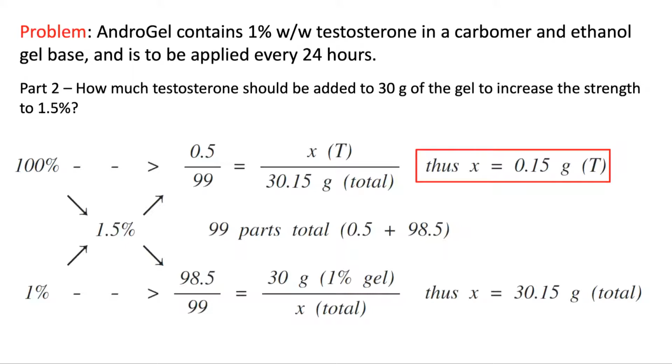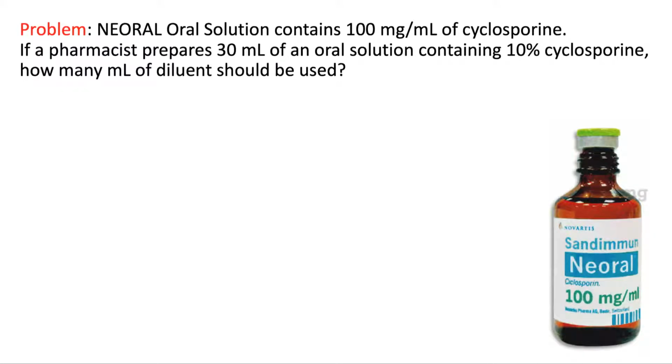Okay, and that answers this question. What we know now is to add 0.15 grams of testosterone to our 30 grams of 1% gel. If we mix that all together, we would end up with 30.15 grams of gel that has a concentration of 1.5%. And that answers this final part to our testosterone question. All right, let's move on to our next question, which reads,